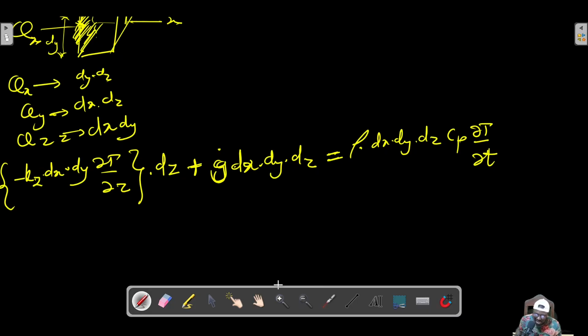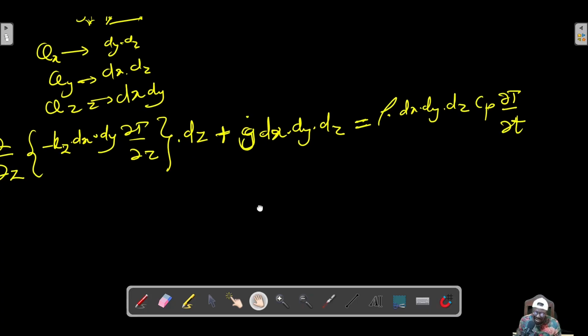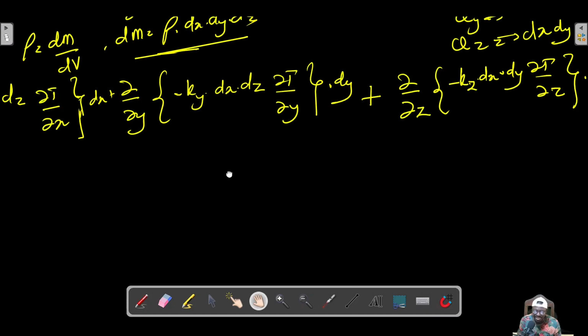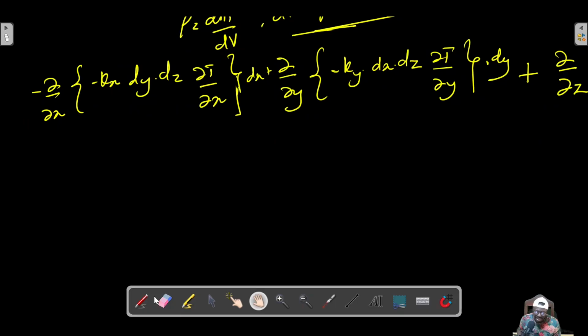As simple as that. Now you realize that from this particular equation, the infinitesimal volume will cancel out. So dx dy dz cancels out dx dy dz. The same applies here: dx dy dz cancels out. You also have dx dy dz, it cancels out. You also have a similar thing, dx dy dz, they also cancel out. Then we can say that